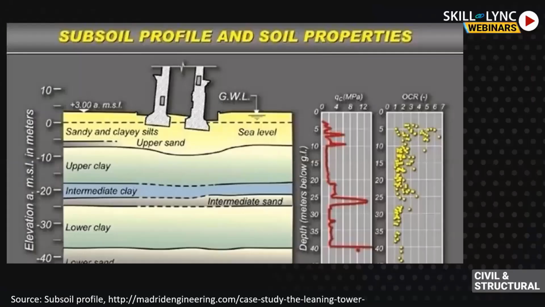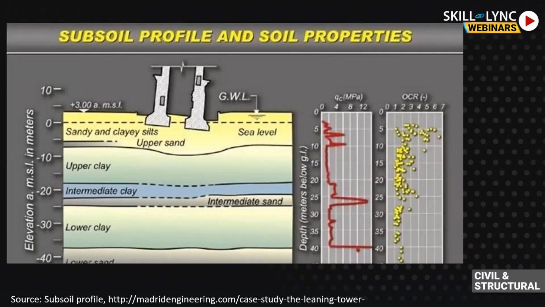Now, let's have a look at the soil strata below the tower. As you can see, the side which is on the lower end is the southern side, and the other one is the northern side. If you can see, there is an upper sand layer on the left of the screen, towards the left of the northern side. It was this sand layer that prevented the northern side from settling further, while there was no upper sand layer on the right hand side.